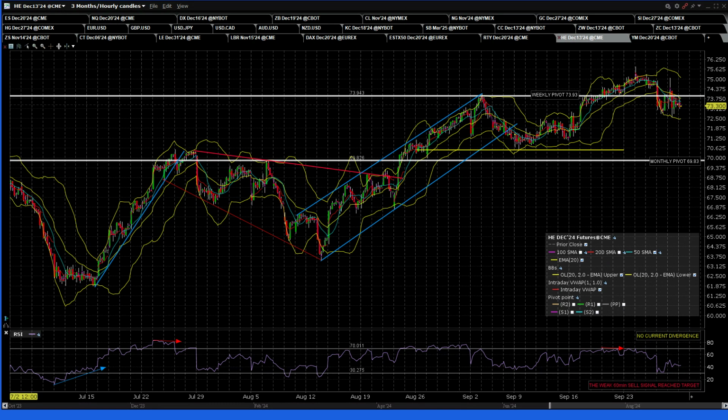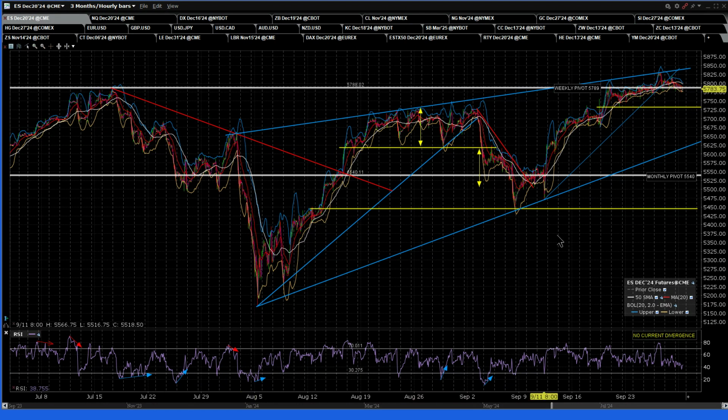Okay, looking at ES, we're seeing a bit of retracement here. I have a look at the stats for the last day of September and the first day of October. The stats lean slightly bullish for both, but actually, if you just look at the data since 2002, there are about 33% green closes today. So leaning towards seeing a red close today, and we've got about 60% bullish stats for tomorrow. In the short term,